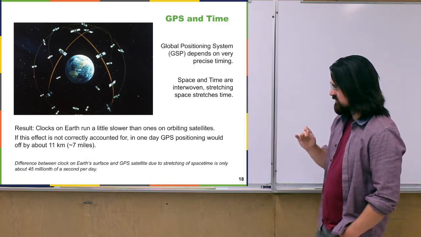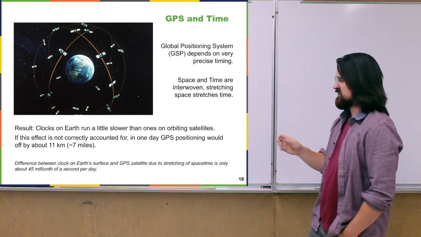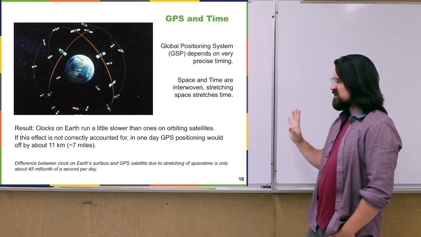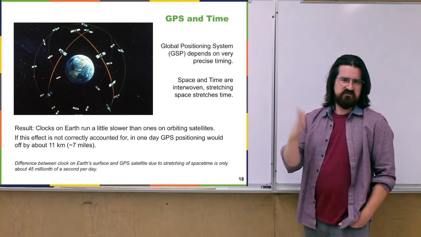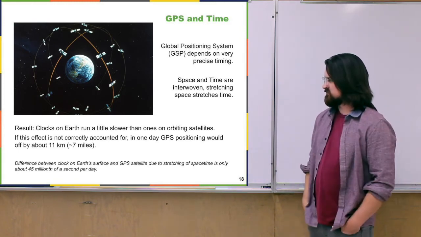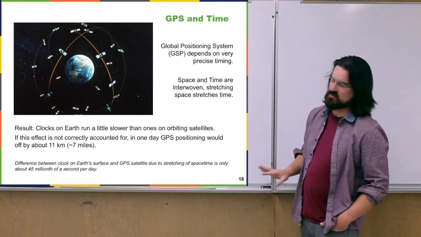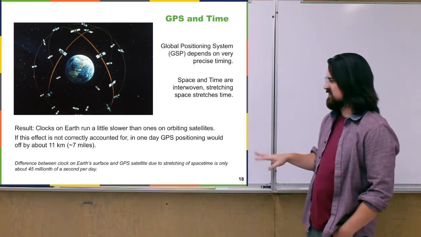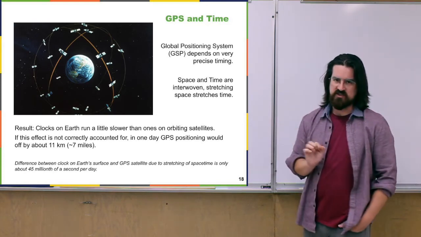And it's not very much. But again, relying on such precise timing, if we didn't account for that difference, GPS positioning would get off by about 11 kilometers in one day, which would be useless. We need it down to at least about 10 meters, 50 feet or so. The differences that add up to this 11 kilometer difference in a day is only 45 millionths of a second, or 45 microseconds,